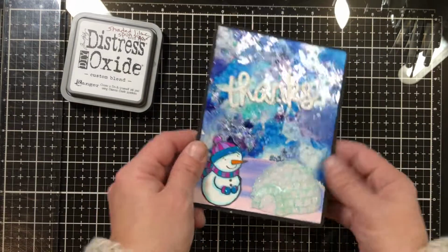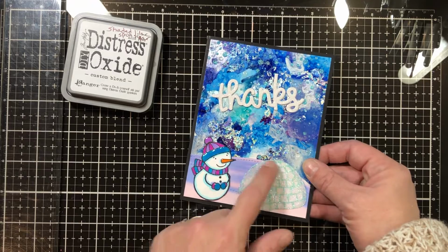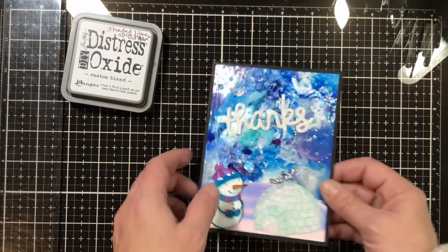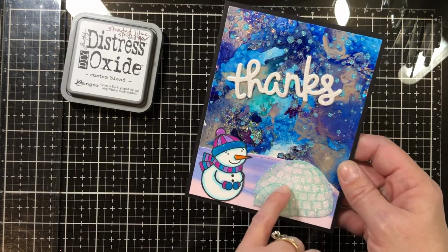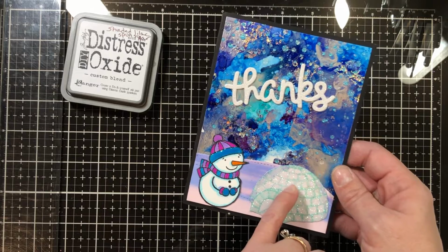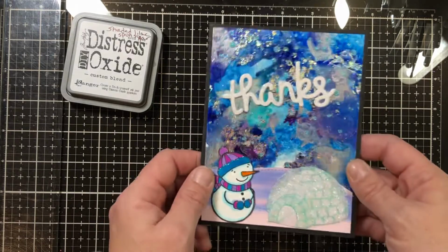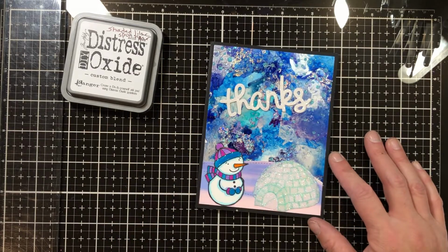Glitter paper by Lawn Fawn, but I did it in Catherine Pooler's Aquatini ink. And then I put some glossy accents around the edges and around the door. I had to redraw some of the lines with a cracked pistachio distress marker because somebody touched it with wet hands when it was drying on the table and smudged out my igloo lines. So there are the downfalls to using a